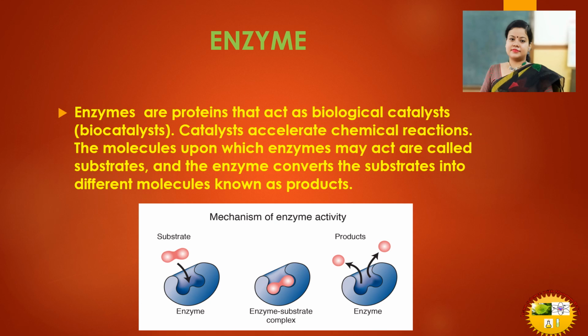Just now we have read that proteins turn into amino acids after digestion with the help of an enzyme. So, protein is the substrate here. Enzyme is working on the substrate and makes it amino acids. So amino acids are the product here. I hope you have understood. So proteins are the substrate, the enzyme works on this and breaks down the protein into amino acid. This is the function of enzyme. They are catalysts, they speed up the reaction.